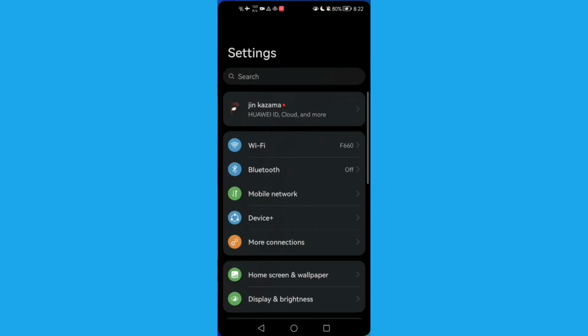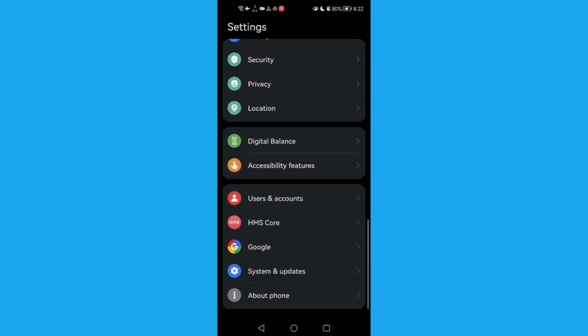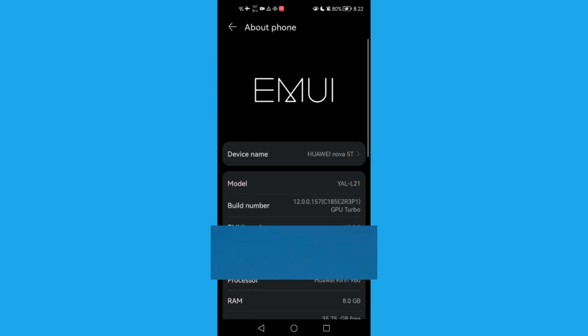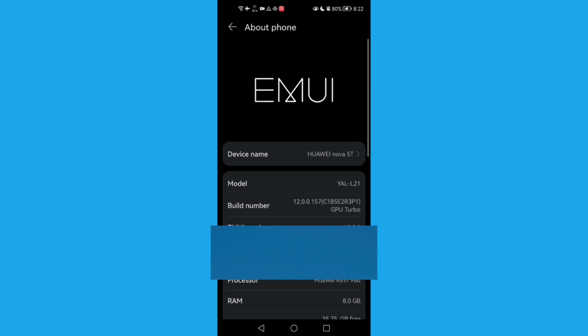First, open settings, and now scroll down until you find this one, About phone, and here we'll find this one, Build number. Just click on it 5 times and then go back,